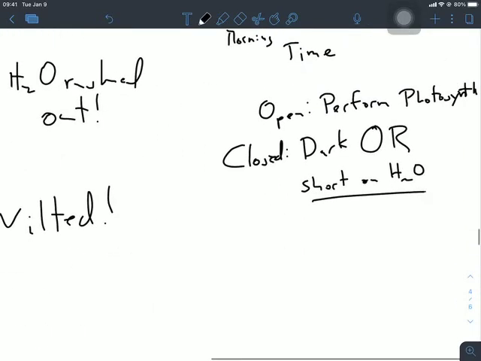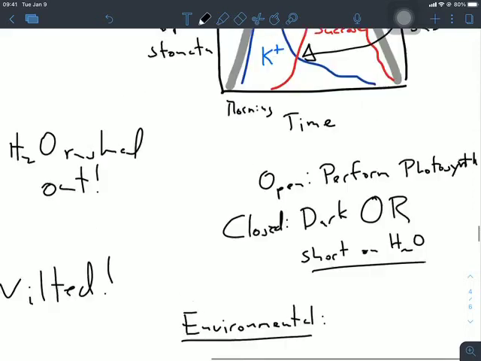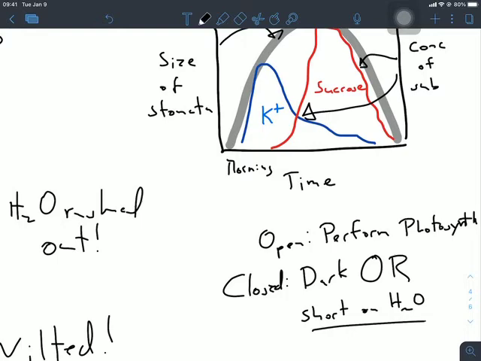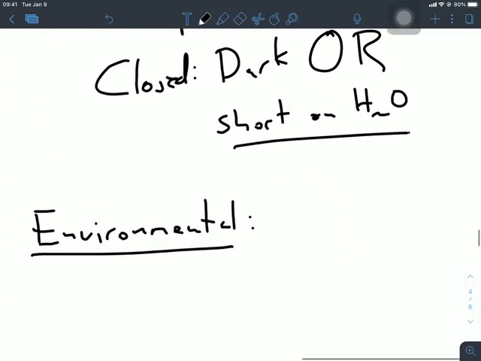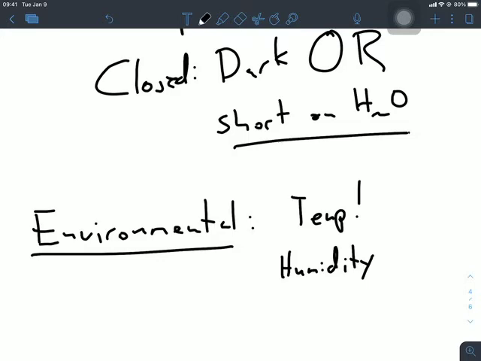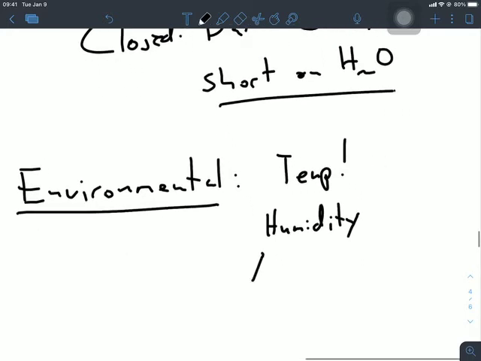There are other environmental cues that can have an impact on this daily opening and closing, because this potassium sucrose model is what's basically operating every single day. Stomata can close in response to high temperatures, like when it gets too hot and plants are losing too much water, the stomata will close, again with wilting. Or if it's getting too cold, stomata will close. Humidity. Some plants will respond to extremely dry conditions by closing up their stomata, as well as air currents,